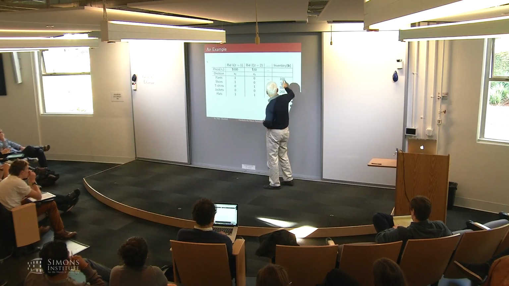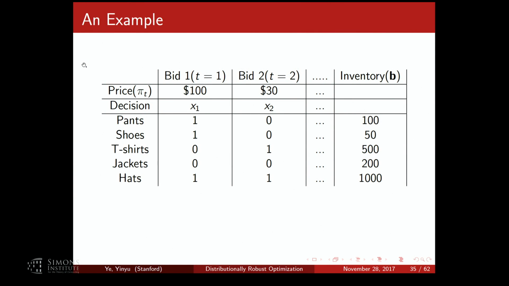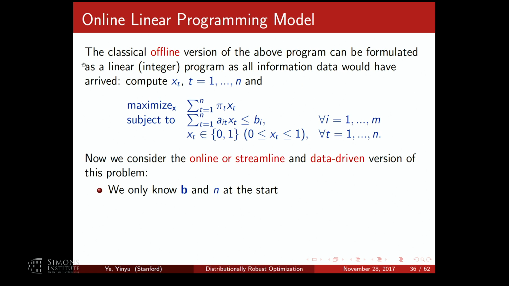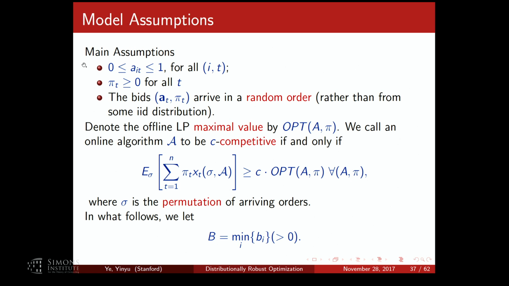I understand what the setup is. I only know this information. I know the total number of these. That's the only information you know. Besides that, a pi could be very small, some pi very big. But the only thing I'm assuming is they arrive in random order. So I precisely want to state my result depending only on B, which is the information you know in advance. Otherwise, you don't know anything. Okay?